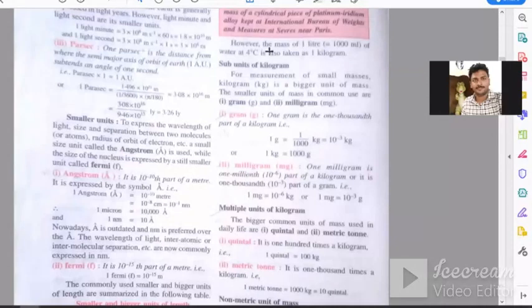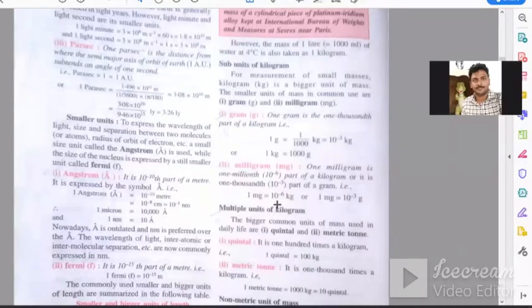Okay, we are having a doubt here. The doubt is, sir, do we have to cool or heat the water to get 1 kg? See, just use a thermometer. If it is required to cool, you can cool it, but you have to maintain the water at 4 degrees Celsius only. And then the volume of 1 liter of water at 4 degrees Celsius will be taken as 1 kg. Then we have milligram, and 1 milligram means 10 raised to power minus 6 kg.